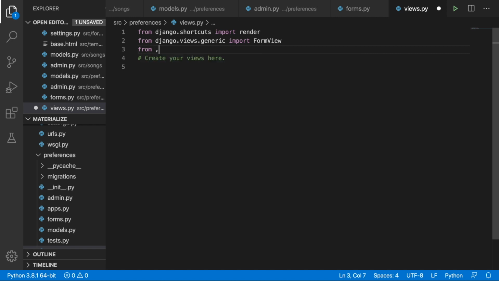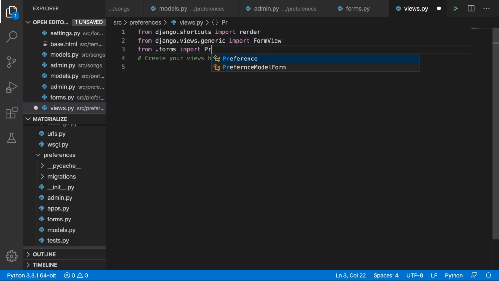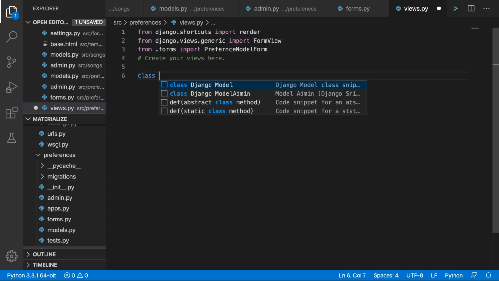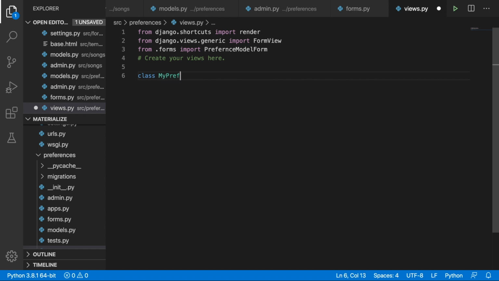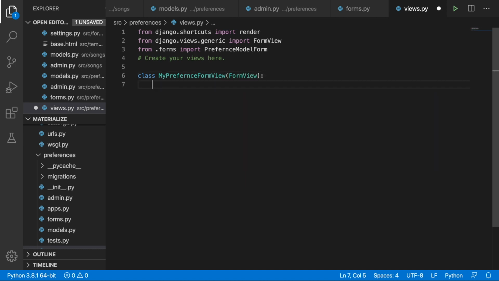So from .forms import PreferenceModelForm, and now we can specify a class. Let's call it MyPreferenceFormView, and this inherits from the FormView. Okay, so now we need to specify the form class, and this will be simply this PreferenceModelForm,